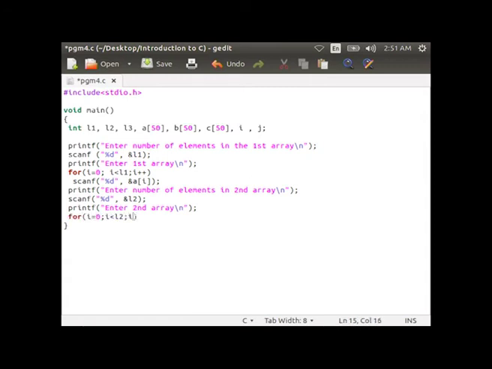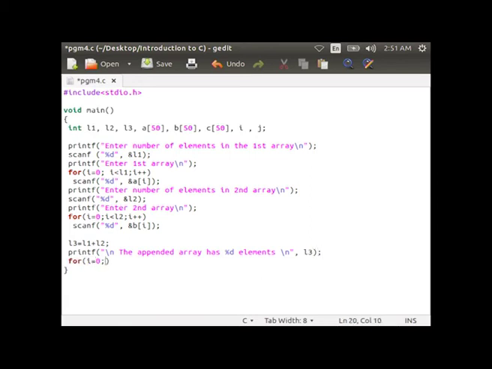Scanf, percentage %d ampersand sign B of I. Then I3 equal to I1 plus I2. Then printf, the appended array has percentage %d elements comma I3.